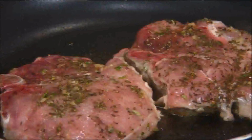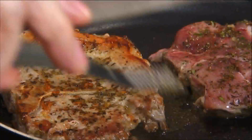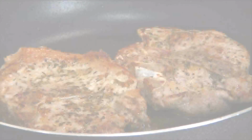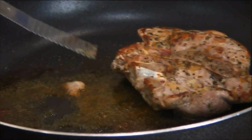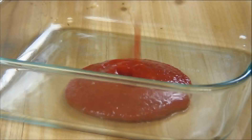After 4 minutes, I'm going to flip my chop over and see how nicely brown that is. That's just about perfect. And I'm going to allow these chops to cook for an additional 4 minutes on the other side. Now they're nicely cooked and brown. I'm going to turn off the heat, remove them from the pan, and allow them to rest on a plate for about 10 minutes. In the meantime, while the chops are resting, I'm going to add my tomato sauce to